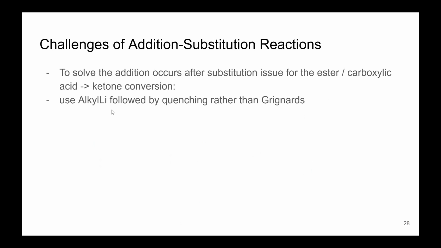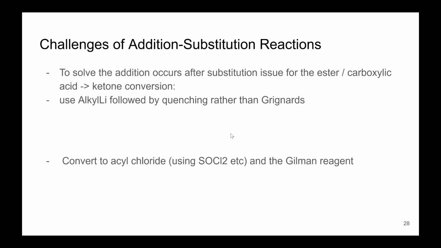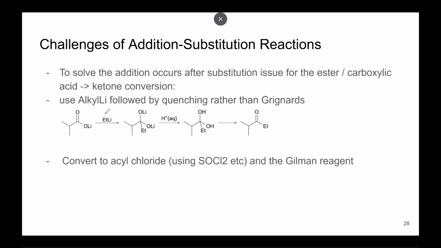Well, we can use alkyl lithium followed by quenching rather than Grignard reagent. So, for example, we can use this ethyl lithium. After it has attacked this carbonyl carbon, you will get this tetrahedral intermediate. And because OLi can't get kicked out, since O2 minus is such a terrible leaving group, you can